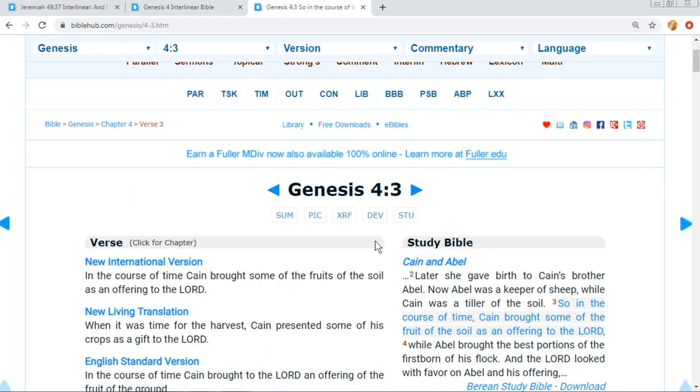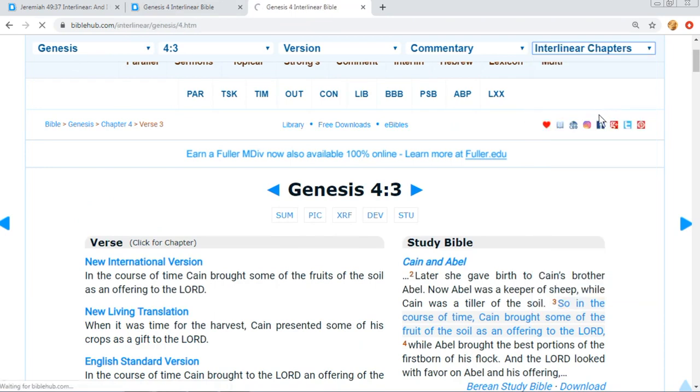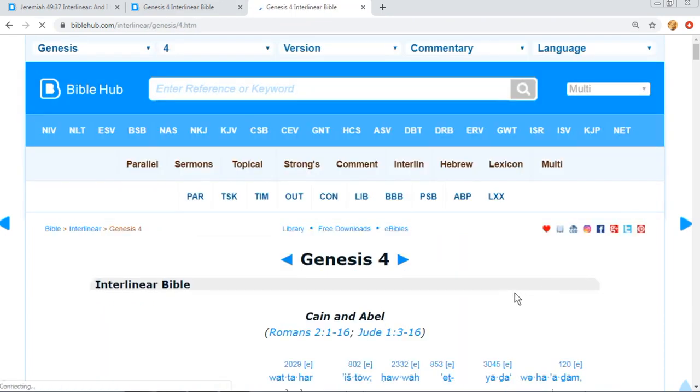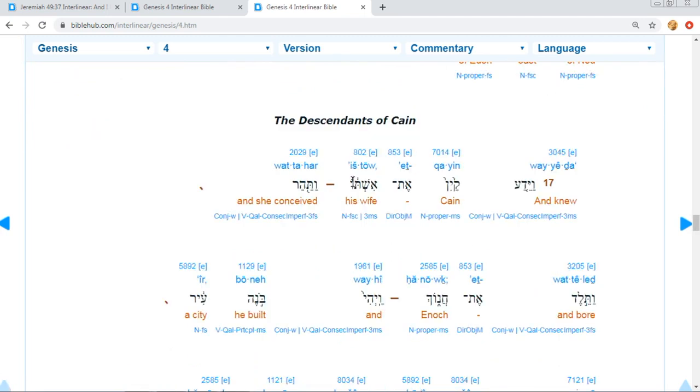So you could get to this page by going to Bible Hub and Genesis 4, and go up here to the language and go to the interlinear chapters, and it'll give you the whole chapter in interlinear. So this story of Cain and Abel, it really doesn't say Cain killed Abel. It actually says Abel killed Cain. But